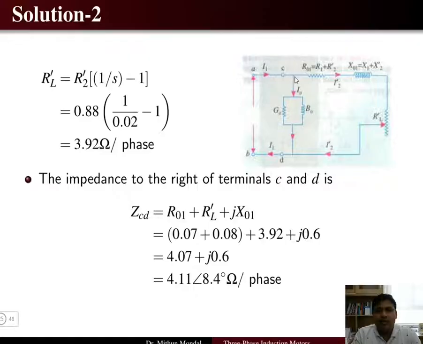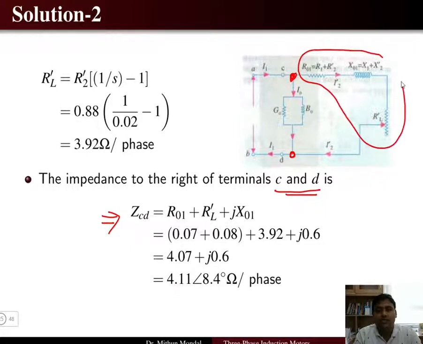Then the impedance that we can obtain at these two particular points, ZCD. So the impedance of the network at the point ZCD, that is the terminals C and D, we can obtain as ZCD, seeing into the circuit. So these three parts of the resistances and the reactances are in series, which is parallel with the shunt part. So we can obtain the impedance ZCD using the series parallel concept, which gives you 4.11 angle 8.4 degree